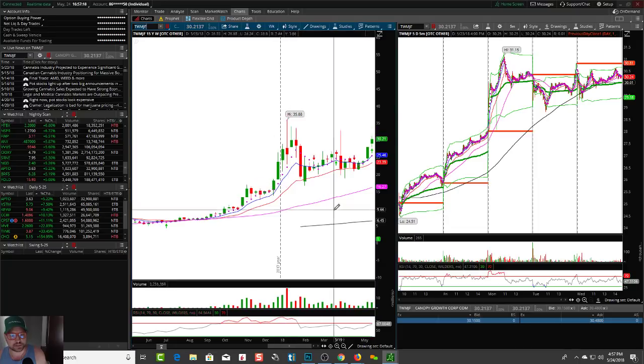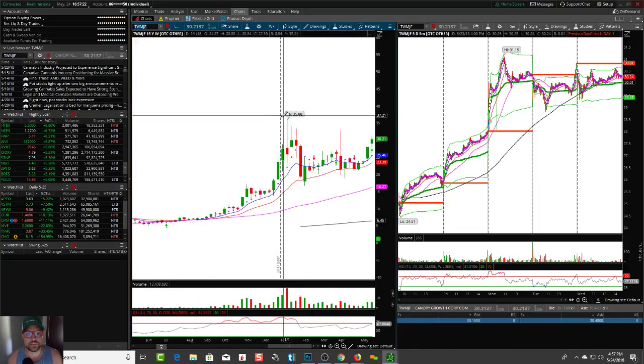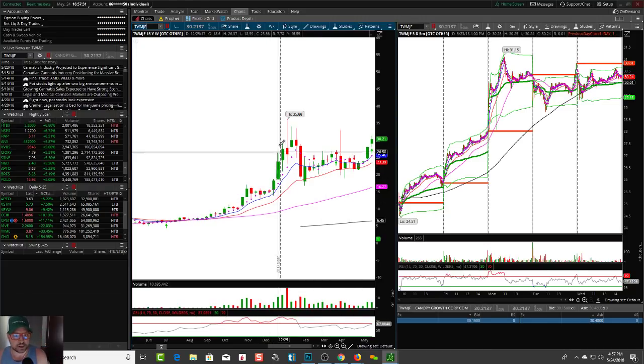Again, my point being, guys, you can make great money trading these guys. Great money. But don't be the newbie caught bag holding and buying up here. You want to be the smart ones buying down here and selling up here, waiting for a pullback, right? Buy low, sell high. Don't buy high and get trapped and lose your money.